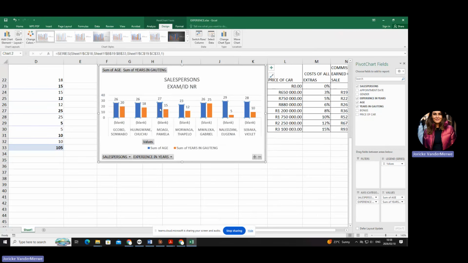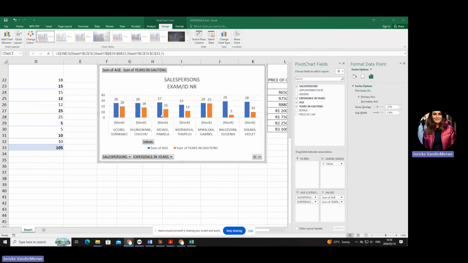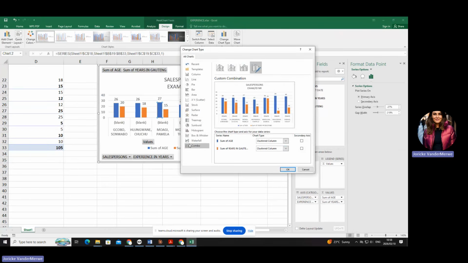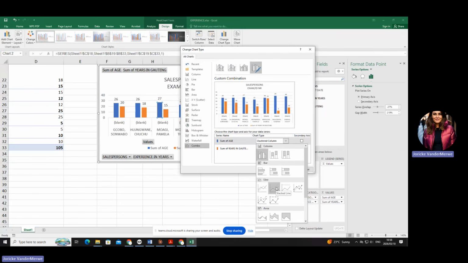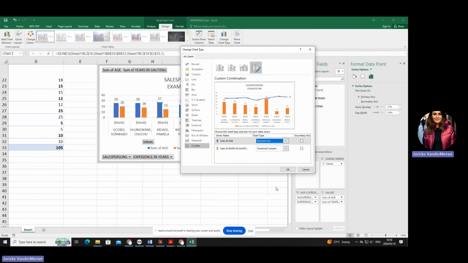Are you with me? Remember, I wanted to change to a line graph. So you're going to first click with your left mouse to make sure everything is selected. Yes. Okay. And then you're going to right click and you're going to say change the series type. And do you see this comes up now? What does the age need to be now? A line graph. Okay, not a stacked line, just a normal line. Can you see it's a very easy thing to do?